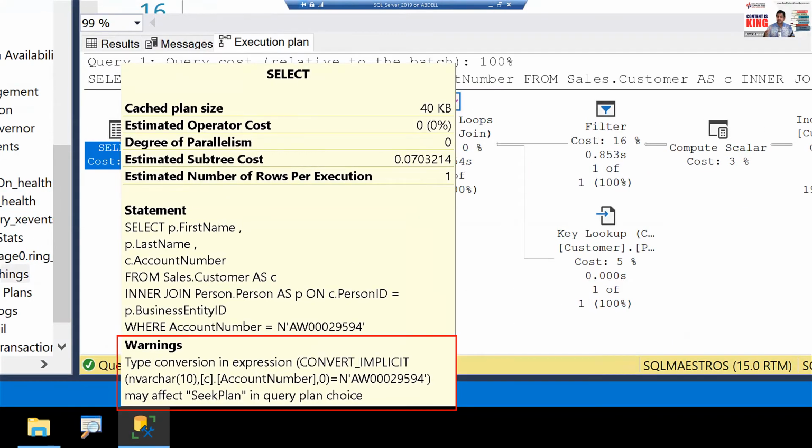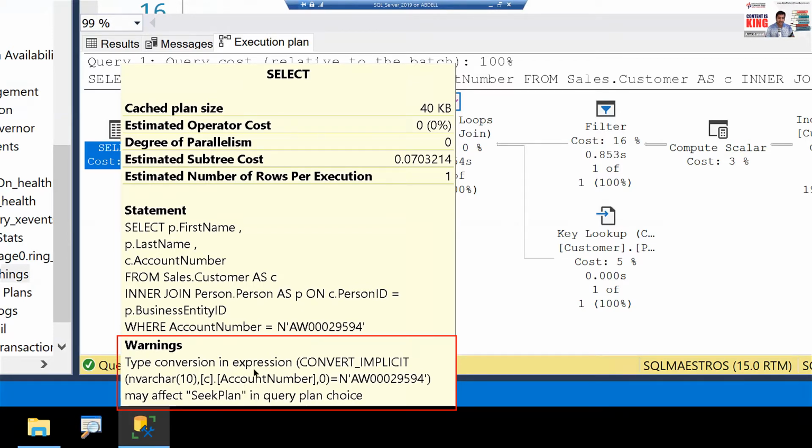So SQL Server is giving you a hint that there is an implicit conversion happening and it may affect seek plan. Now, what does this really mean? This means that you might have an index, but due to this conversion, SQL Server is not able to perform a seek and is maybe performing a scan, those kind of things.